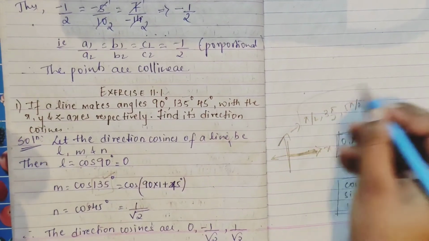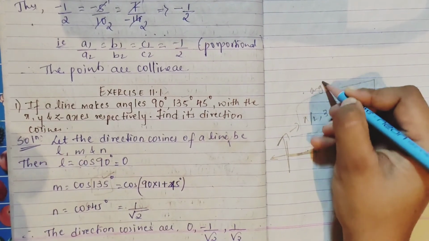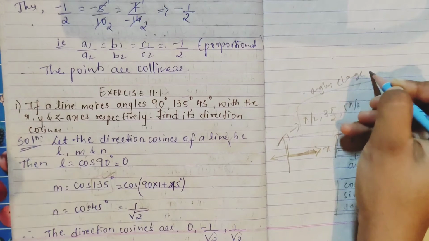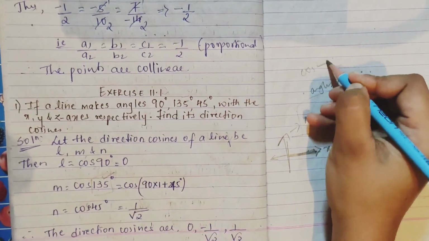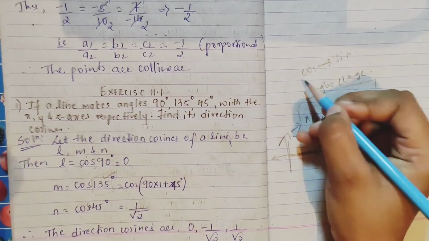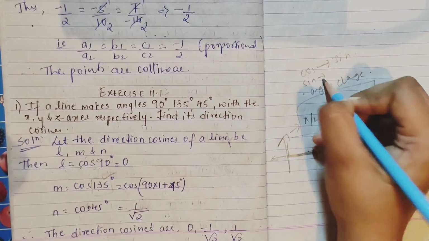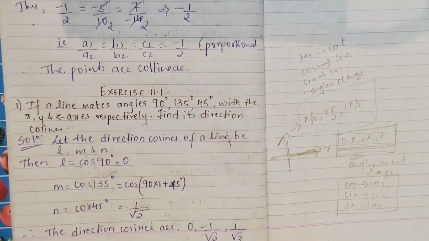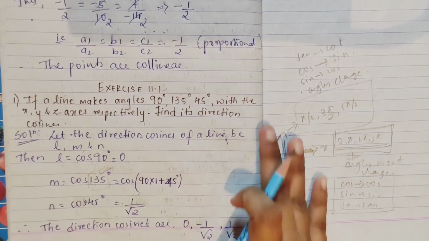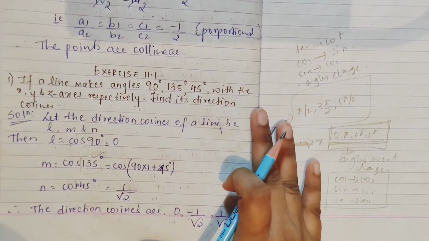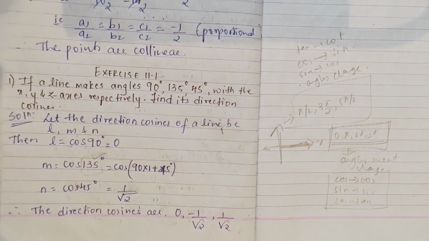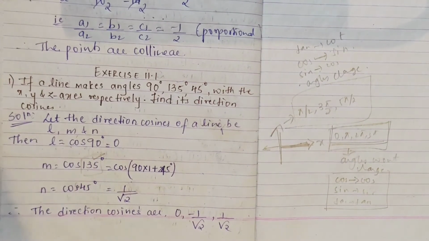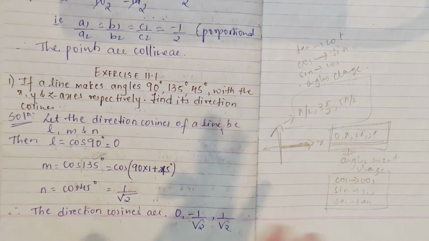On your y-axis, your angles or your ratios change. Changes means your cos changes to your sine. Your sine changes to your cos. Your tan changes to your cot. Understood? Remember this. You have already studied all this, but still I'm just brushing it up because most of them have asked me, we get confused while changing the angles.